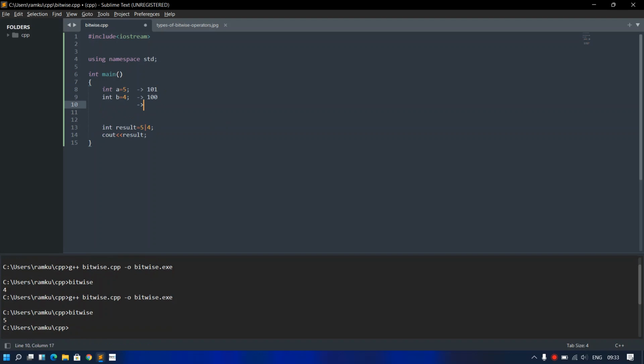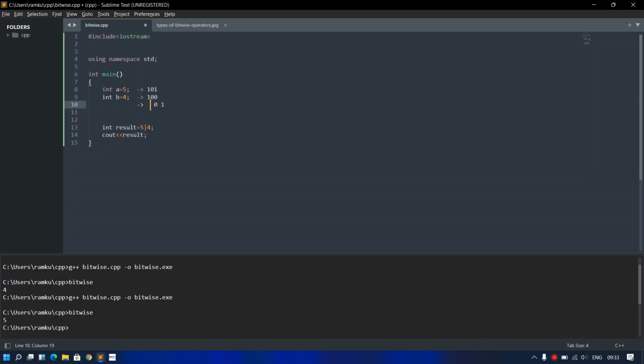So using the OR operator, if either value is 1, it gives us 1. Let's check this. 1 OR 1 gives us 1, and 1 OR 0 gives us 1. 0 OR 0 gives us 0.